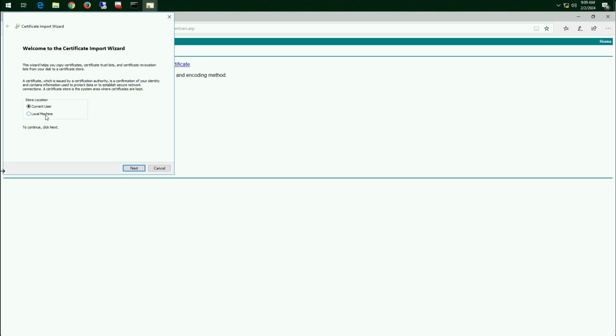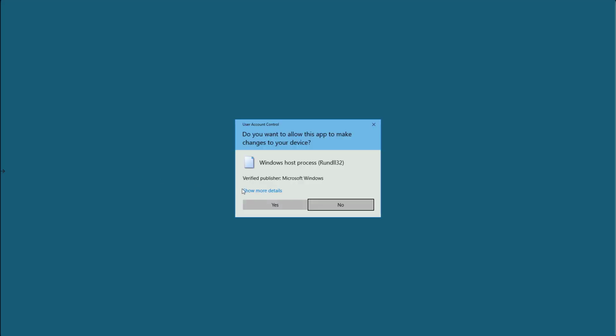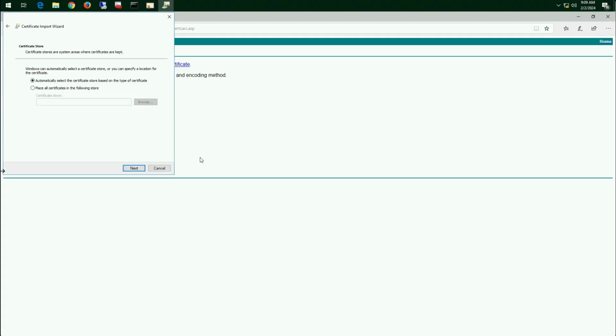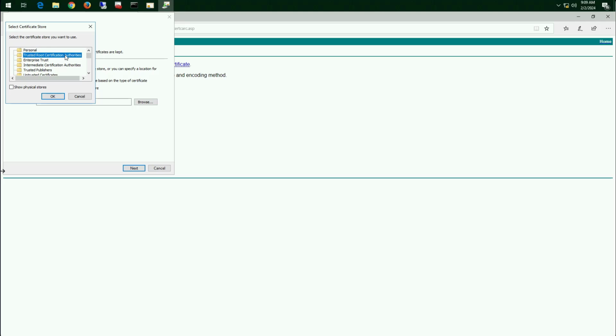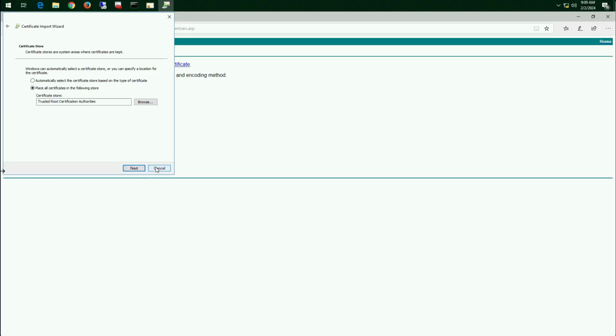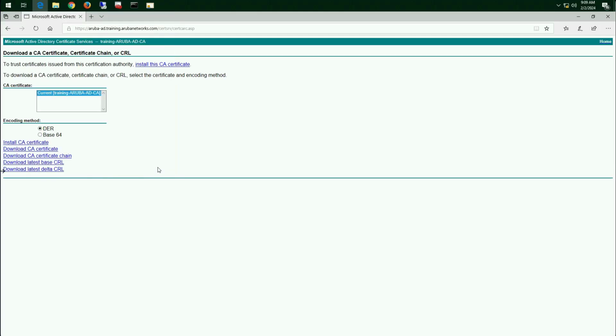Obviously, you choose where to install it, local machine, and then you say I'm going to install it into the trusted root, and then you say okay and next, but that's already been done. So now the machine trusts that CA,